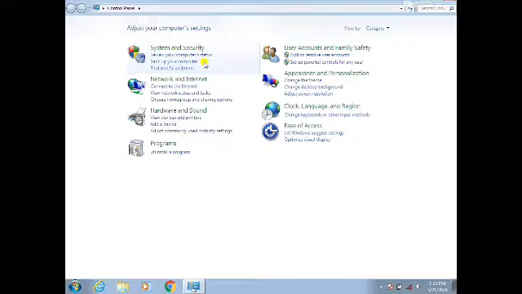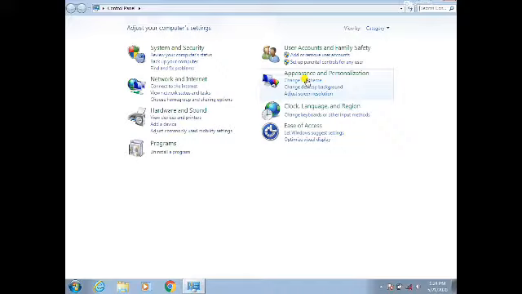This option can be accessed using the appearance and personalization section in the control panel window. Let us discuss more about these display settings.